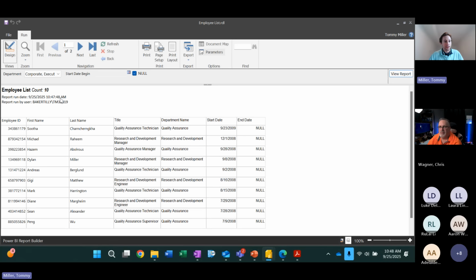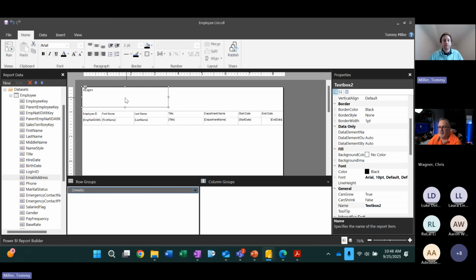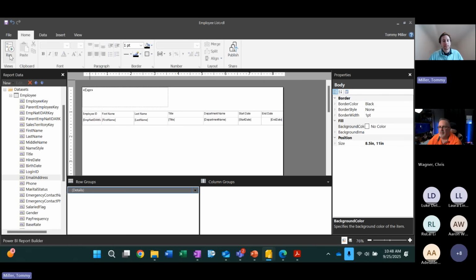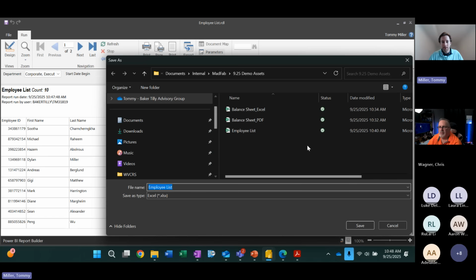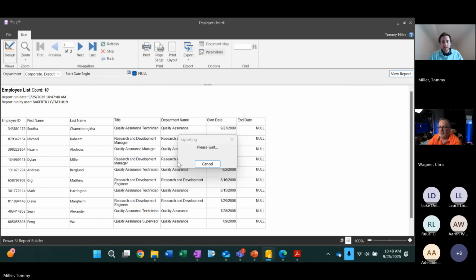We've got a report run date. We've got a report run by user. There's where I'm referencing that ID that's associated with my account. All right, so definitely, and then the last thing here is when I go to export now, and this is why it's even better. We can replace that. Now when I go to export it,